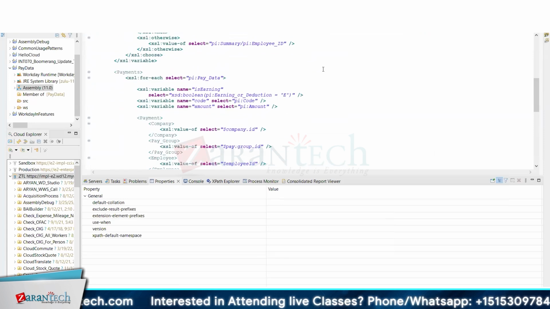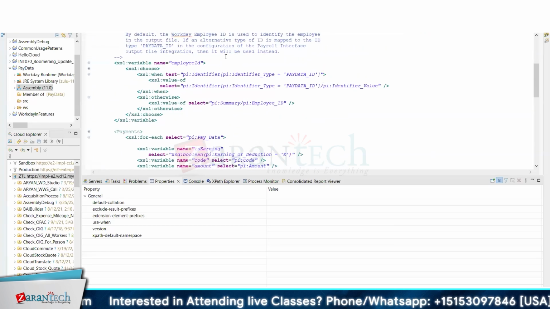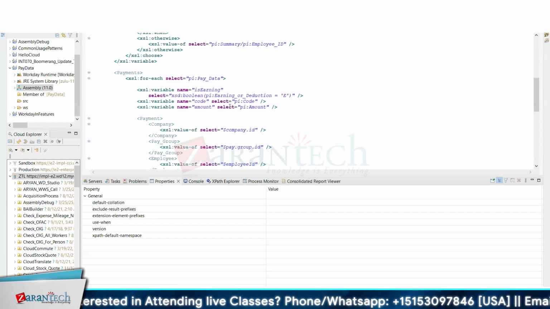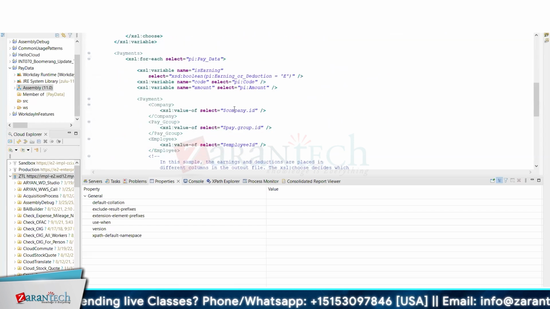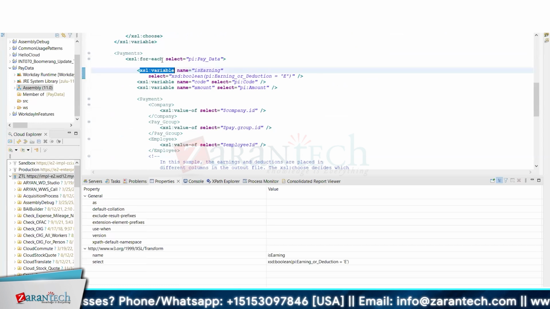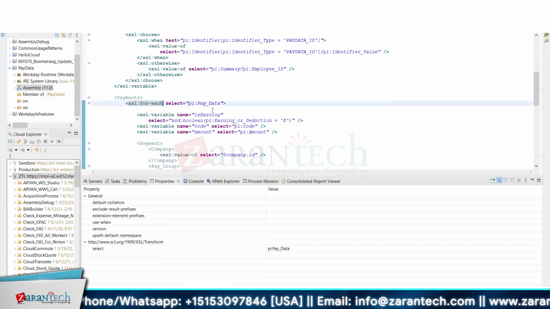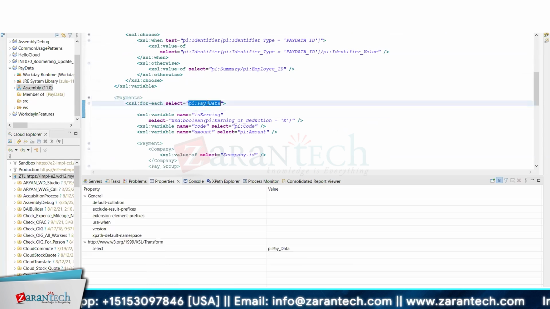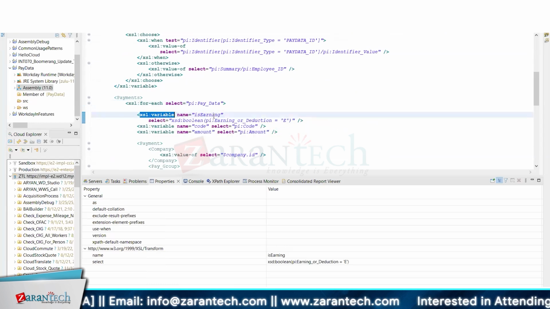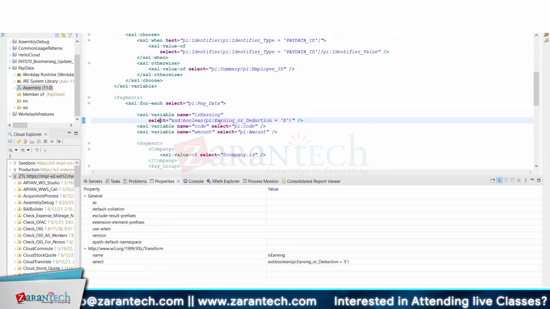So we are clear until getting the value of the employee ID into our variable named employeeID, with camel casing. And then for each of these payments, we have PI pay data. So inside the input file, we will have something called pay data. Inside that, we are again declaring a variable isEarning and select XSLT boolean PI earning on